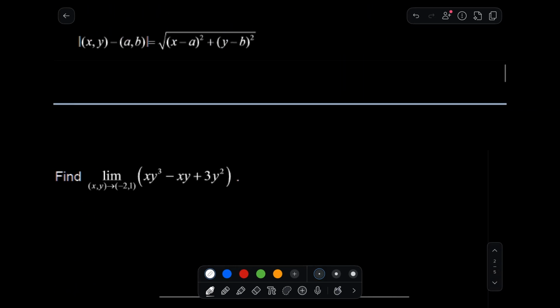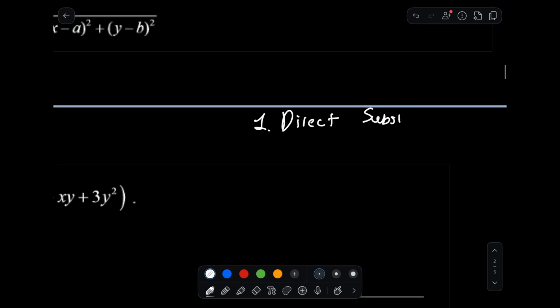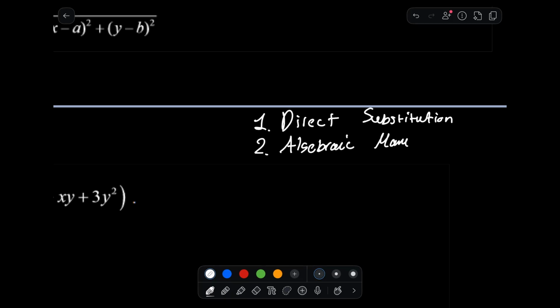And before I even jump in to solving any of these problems, there are 4 main strategies that you will be using to solve these limits, right? The first one, we obviously remember this from Calc 1, direct substitution. Number 2 is algebraic manipulation. Number 3 is test